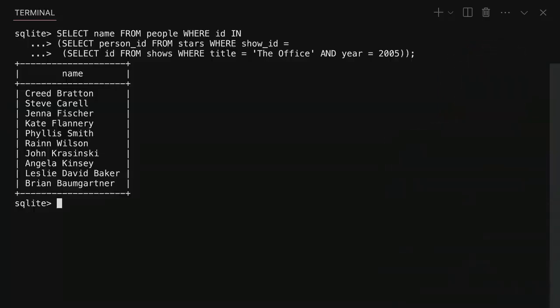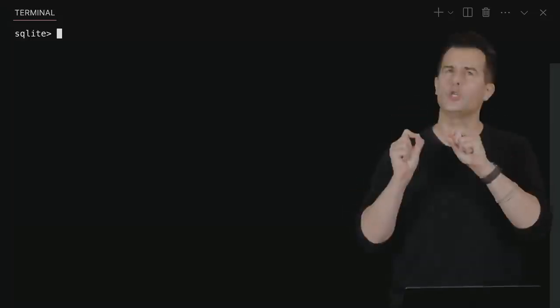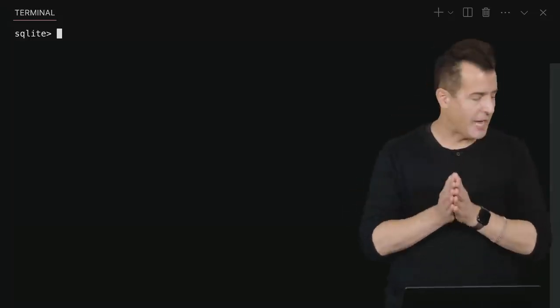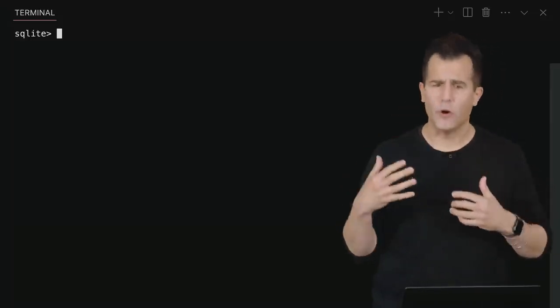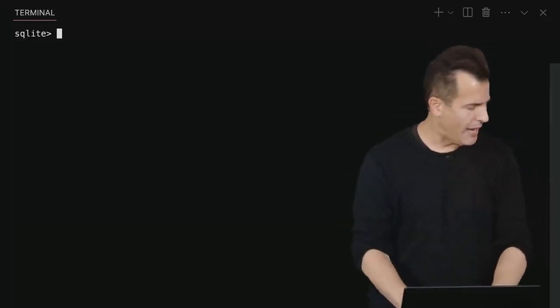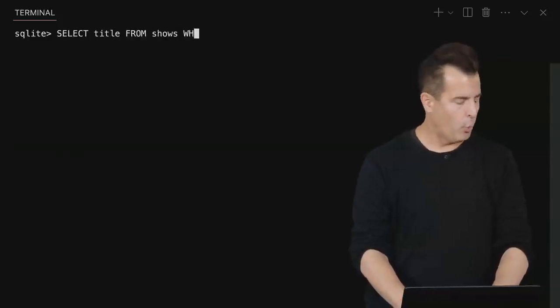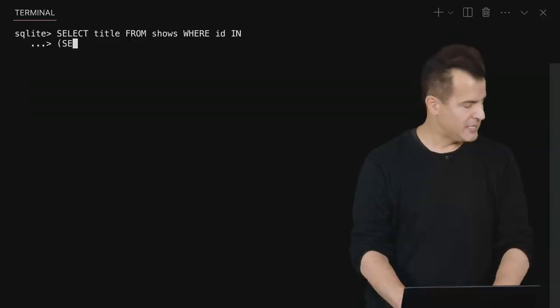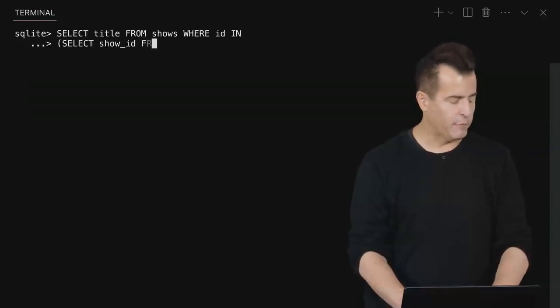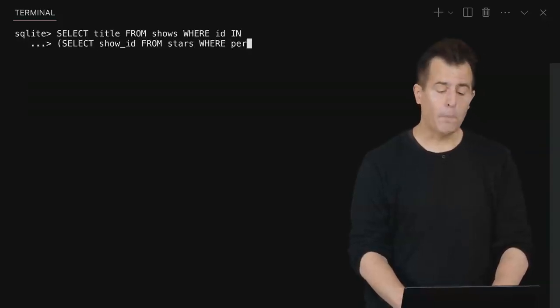All right, let's try one other query, not just searching for all of the stars of the TV show The Office. Let's just search now, conversely, for all of the TV shows that Steve Carell was actually in. So one way I could do this is very similar in spirit. Let me go ahead and select the title from the shows table where the ID of the show is in the following list. Select the show ID from the stars table where the person ID equals, and now I need